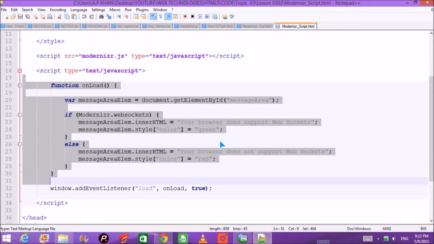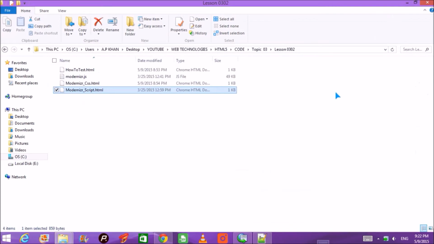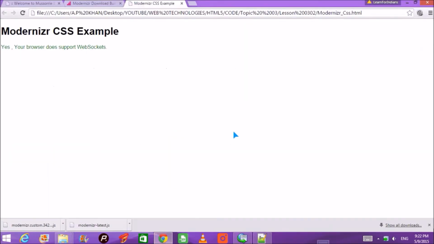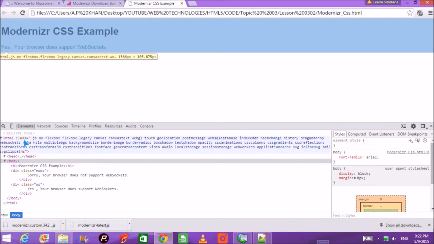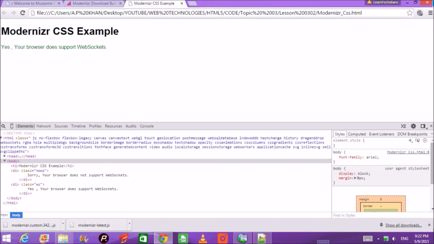And what actually Modernizr does is, this is a question. You can go to your web browser and press F12 and you can see the content of the web page now has Modernizr embedded in it. This is the code which is embedded by Modernizr. The same is with our Internet Explorer.